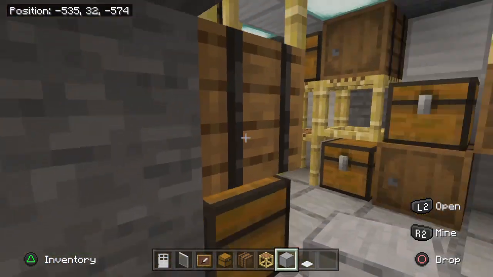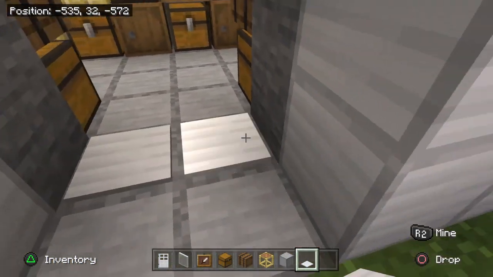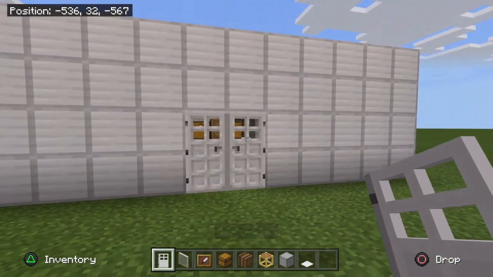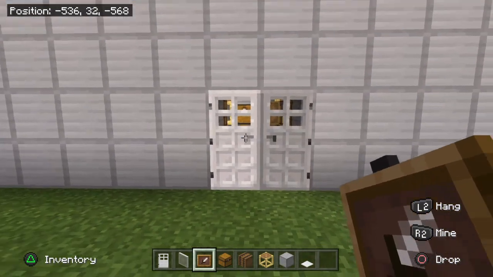But it is getting that way. Now we'll stick ourselves 2 iron pressure plates in line with the stone on the inside of the elevator, and then stick 2 iron doors here on the outside of the elevator. There will be some stone pressure plates here later, but we'll have to grab them in a bit once we've